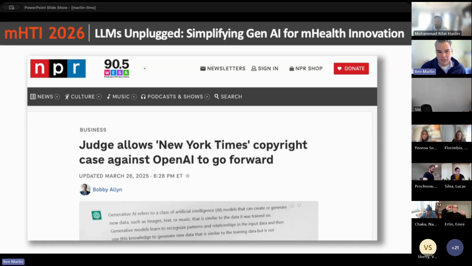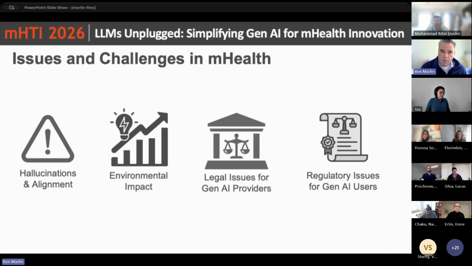So there are interesting challenges both on the training side and on the generation side in terms of works that are supported by various kinds of AI models. So that's something to be aware of as well. There's risk on the model provider side with respect to certain types of training procedures and training data collection strategies. All right, so the last one that I'll mention is regulatory issues for generative AI users,